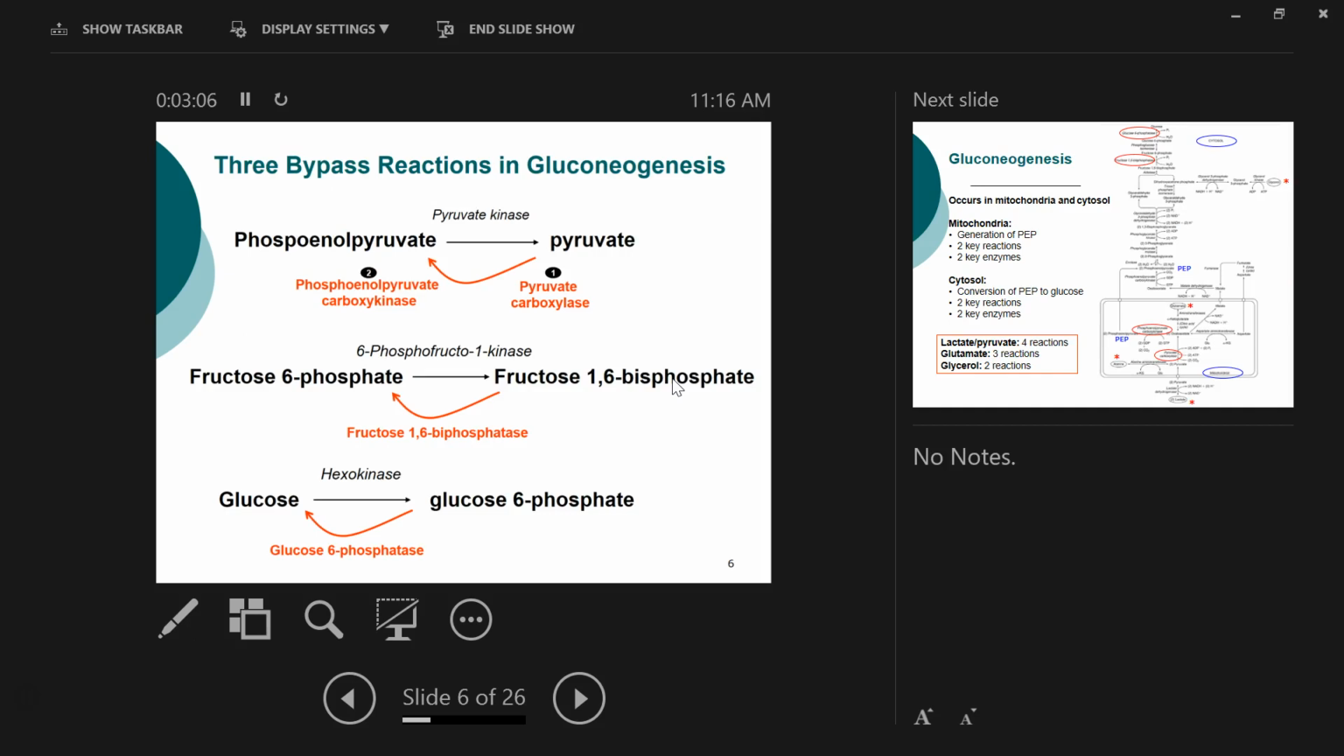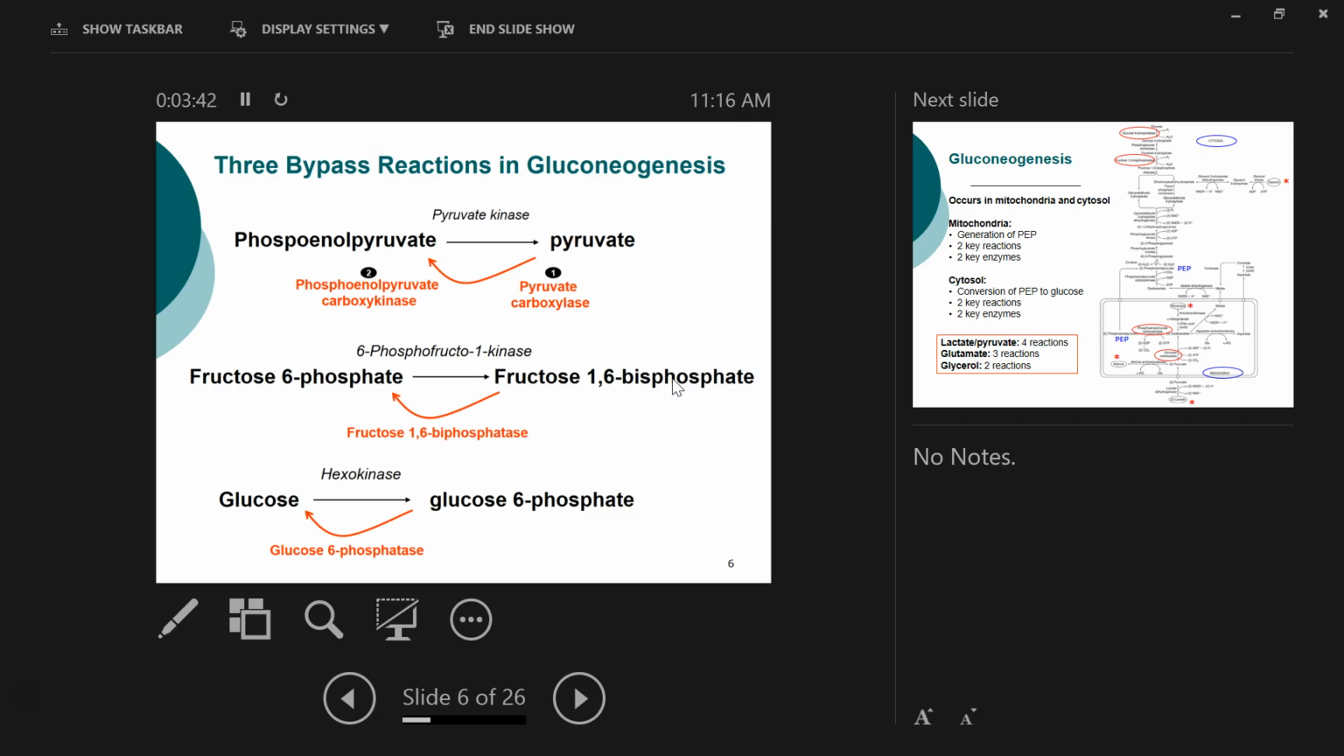And the bypass reactions. Again, gluconeogenesis is not exactly the opposite direction of the metabolic flow of glycolysis, because of three key reactions. Irreversible reactions in glycolysis cannot be converted by the same enzyme. So we need a different set of enzymes to do gluconeogenesis to overcome these three key reactions in glycolysis,